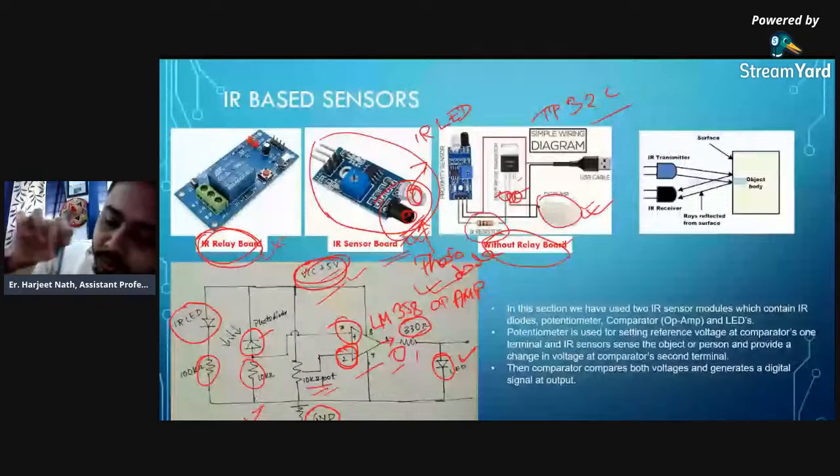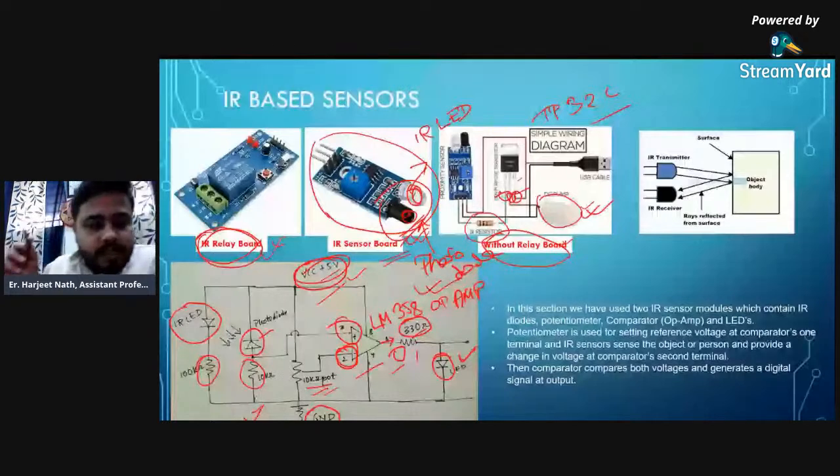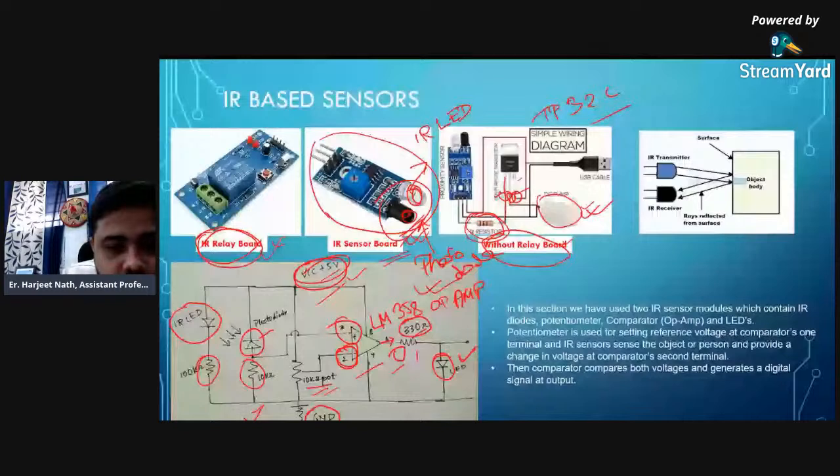One will be the VCC, which is the power, one is the ground, and another is the out. Now, this particular thing, the power or the VCC, has to pass through this 1 kilo ohm resistor, and it has to go and connect with the B of this particular transistor. And this black one is nothing but